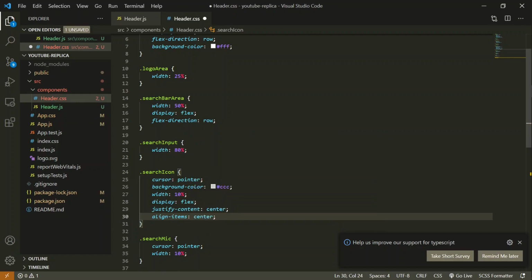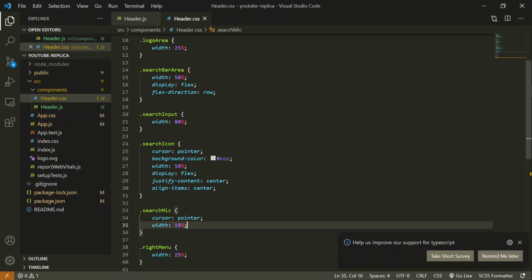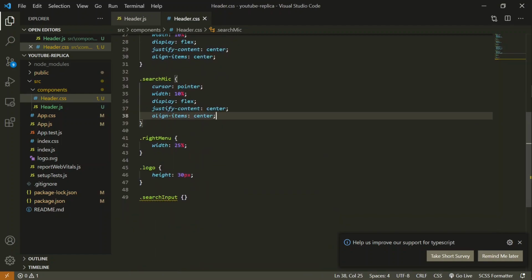It will arrange all the components inside this element to the center. Here you can see that it has moved to the center. Similarly, we are going to add this to the search mic as well. And the same CSS you can add to the right menu as well.